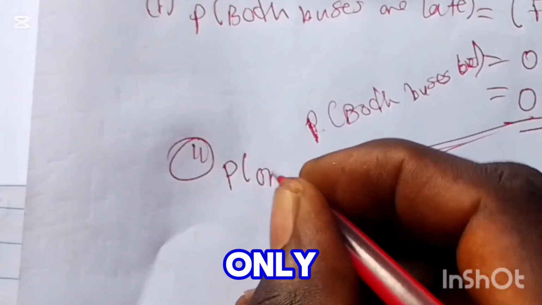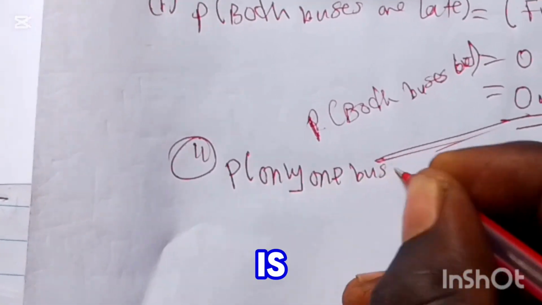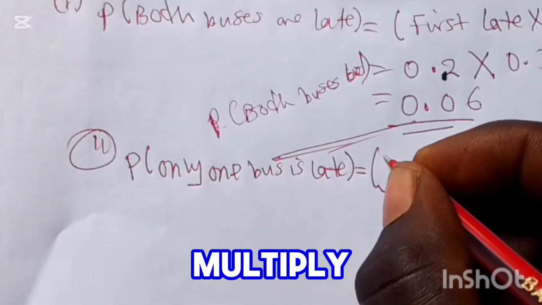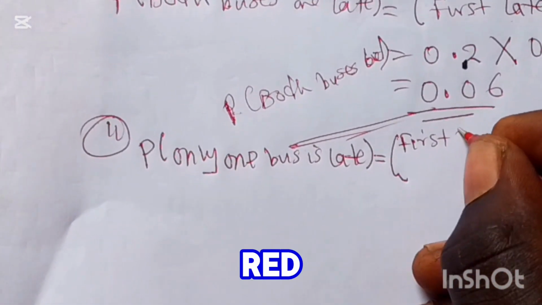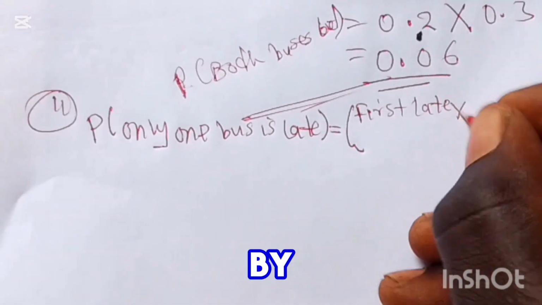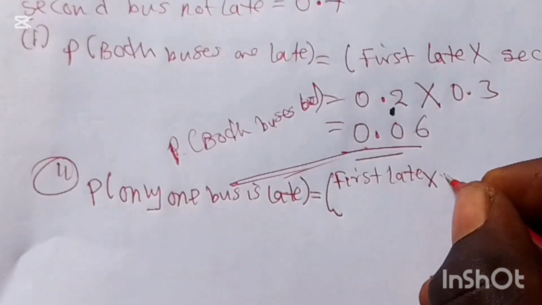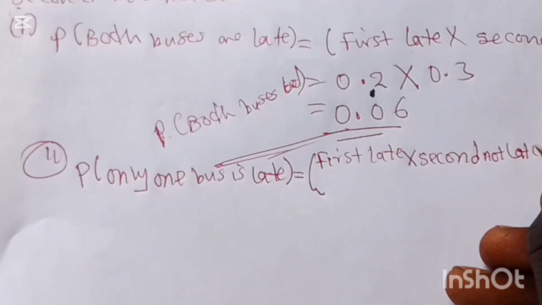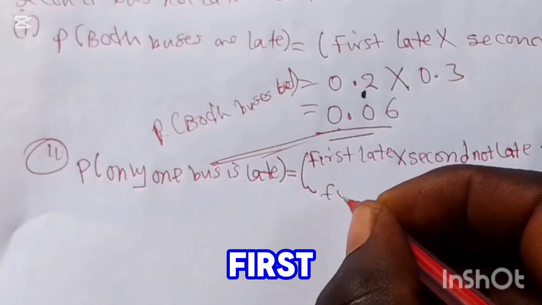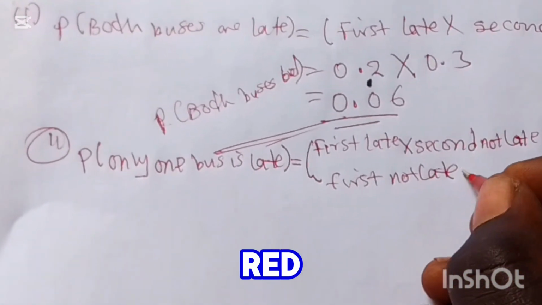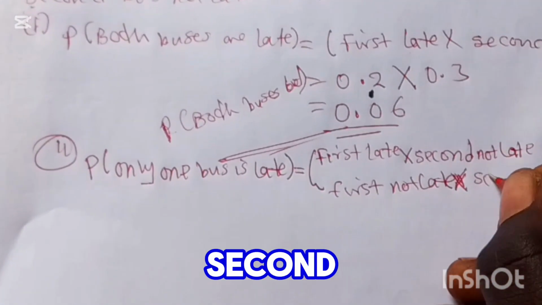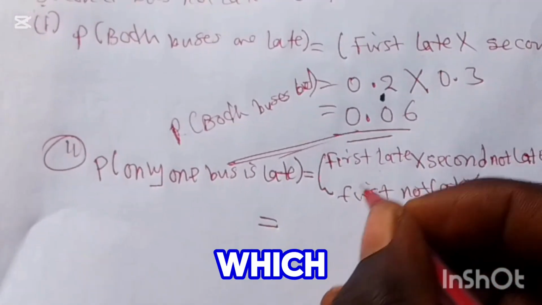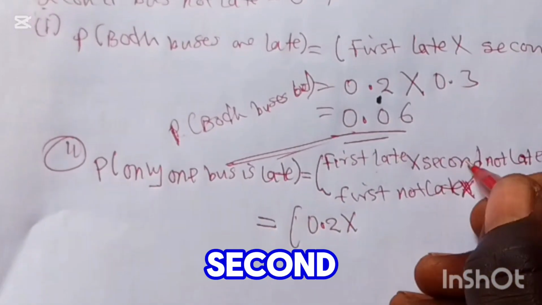The probability of only one bus is late is equal to: probability of the first late multiplied by the second not late, plus the first not late multiplied by the second late. So the first late, which was 0.2, multiplied by the second not late, which was